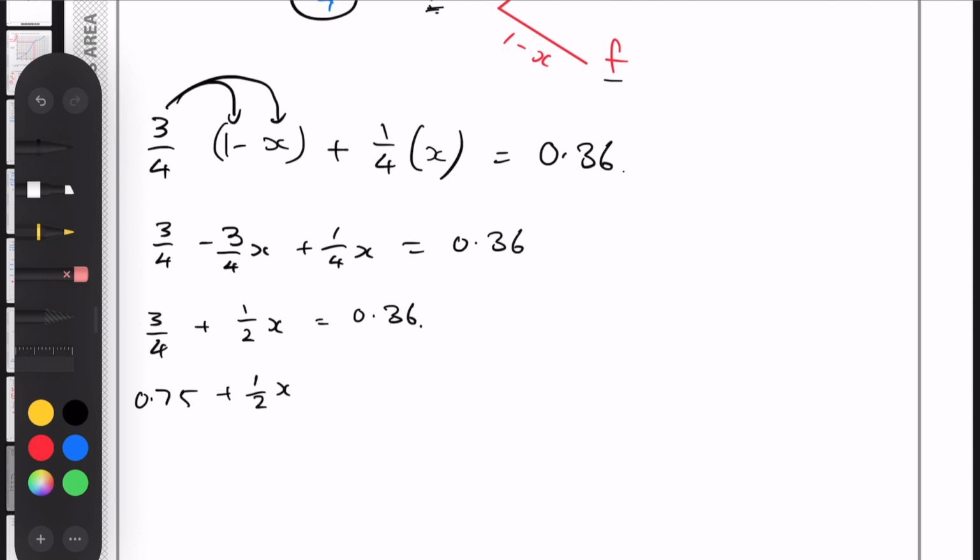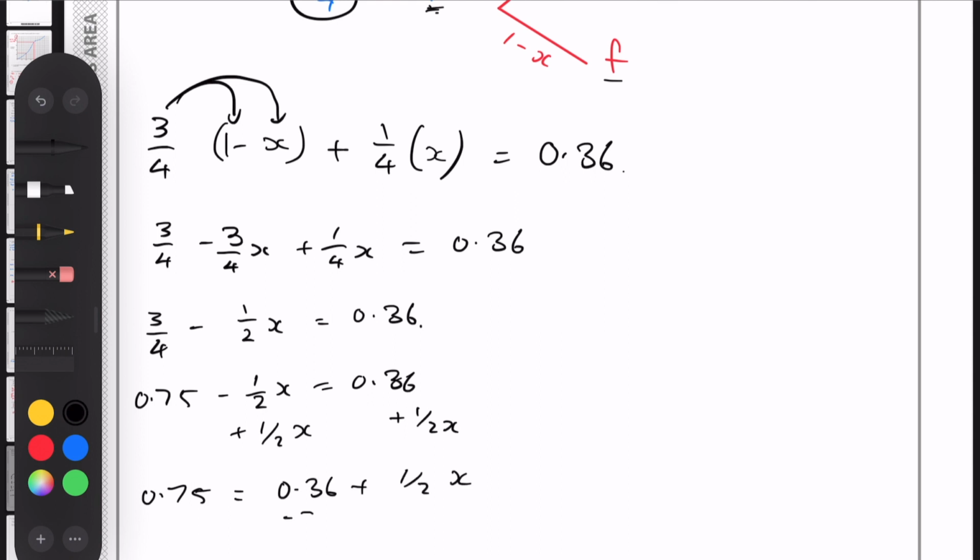Oh, sorry, minus 1/2 x, isn't it? Minus 1/2 x equals 0.36, and we're going to add 1/2 x to both sides, and you'll get 0.75 equals 0.36 plus 1/2 x, and then take away 0.36 both sides, and then you'll get